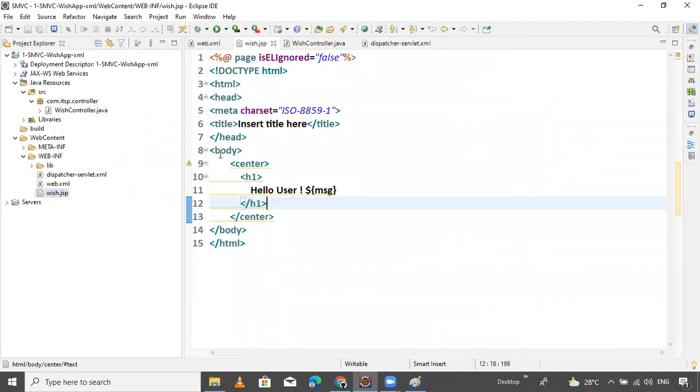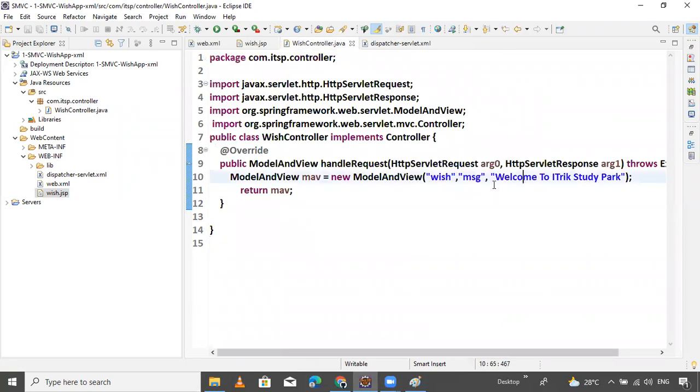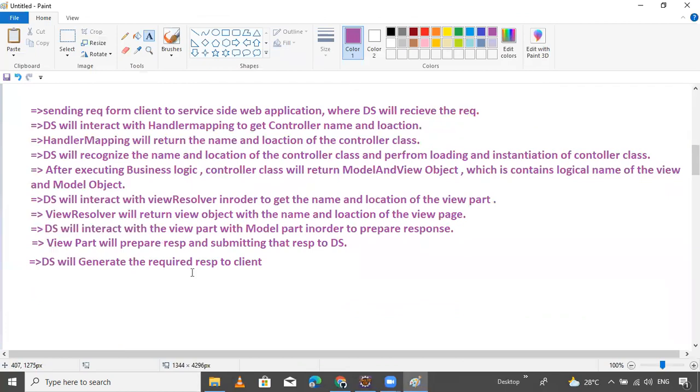This is the view part, preparing with the model part. This is our model part, like taking the message. This is the message taken from here. This is the model part. It's taking from that, guys. So now the model part is used in order to prepare the response.